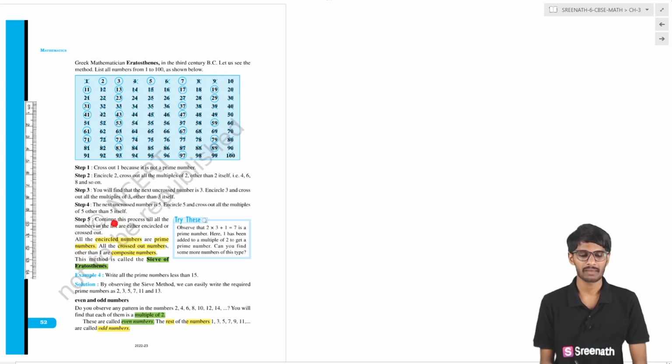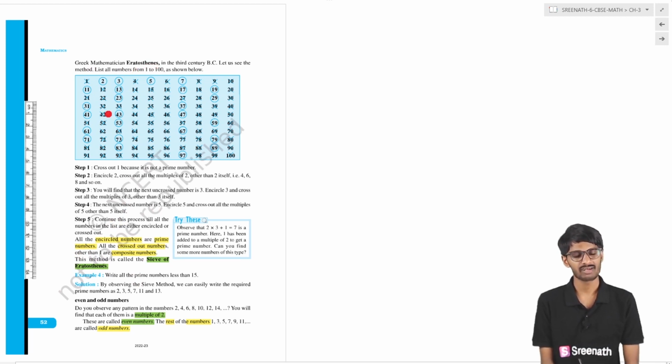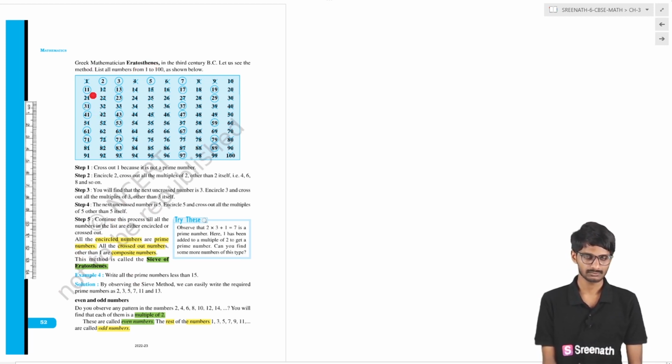So these are about the prime and composite numbers. Okay students, there is a great mathematician whose name is Eratosthenes. He has given a simple way to find the prime numbers. What is the game? We have to write the numbers from 1 to 100, and you have to circle the 2, which is a prime number, and you have to cross